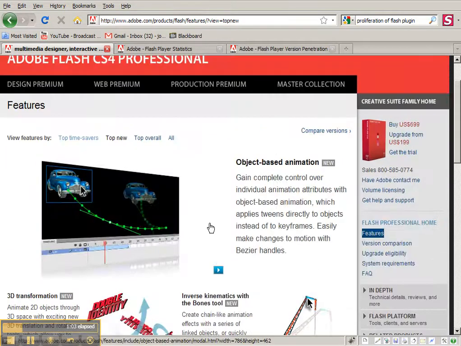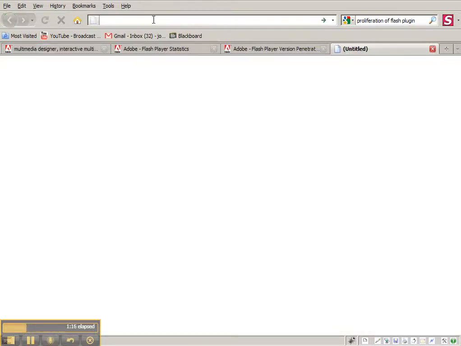Now, some people have said that Flash is going away. You know, you hear all sorts of stuff. That is absolutely not true. Flash is actually broadening in so many ways. It's amazing. If I go to a website like aviary.com,